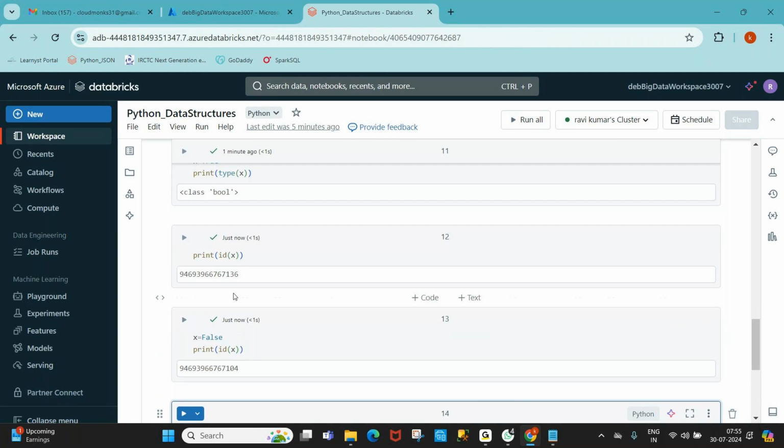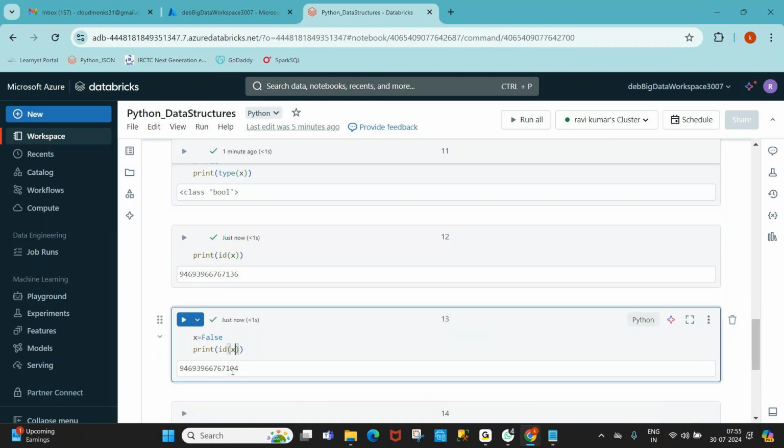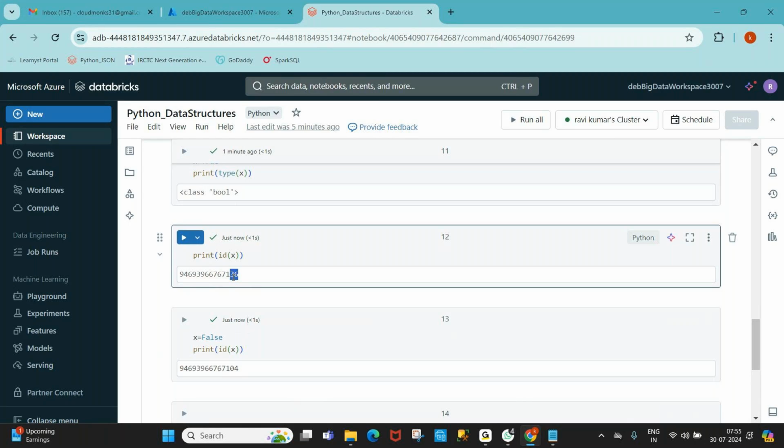Now a different address. Observe the last 6 digits: 767104. But the previous one is 767136. So like that, it's a different address.